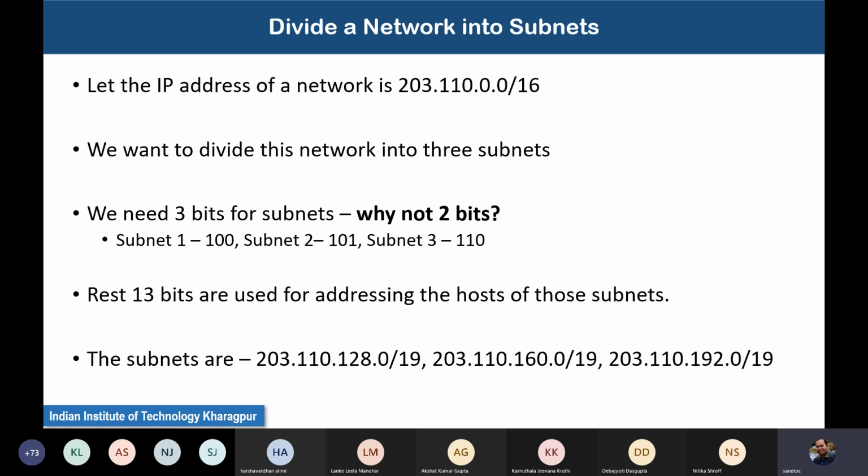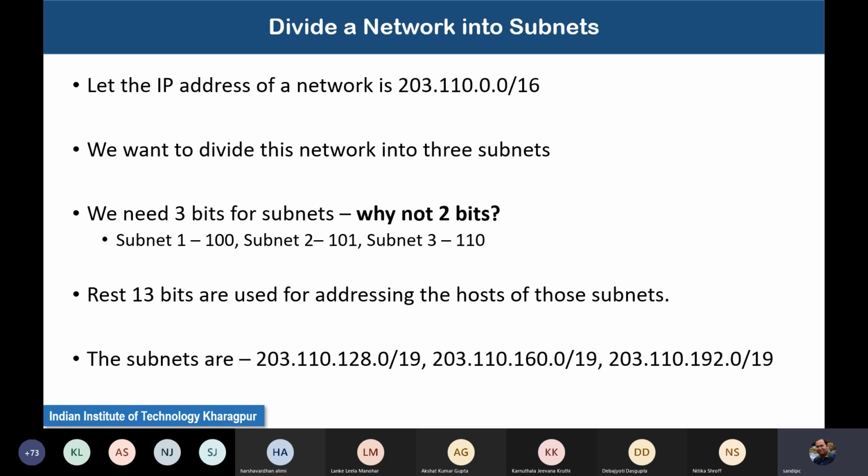Now, the block of IP addresses that is assigned to the CSE department is given to the Software Lab people of the CSE department, and they will divide it further into multiple subnets. So that means, see, I am getting one block of IP addresses. First, I am dividing it into one set of subnets, giving it to my sub-organizations, like the CIC is giving to the CSE department, and the CSE department is further dividing it into two. Say one for Software Lab 1, one for Software Lab 2, and assign it accordingly. That way you can hierarchically keep on dividing it into multiple subnets.